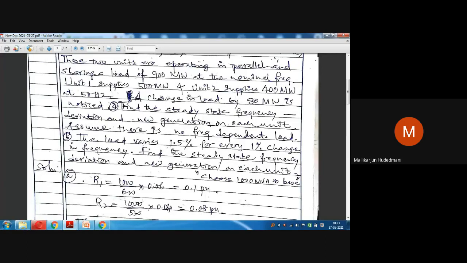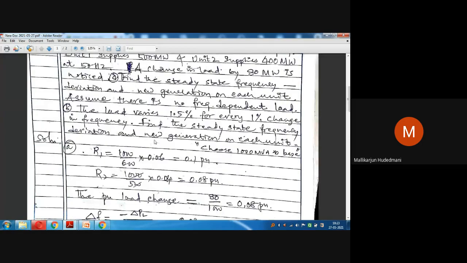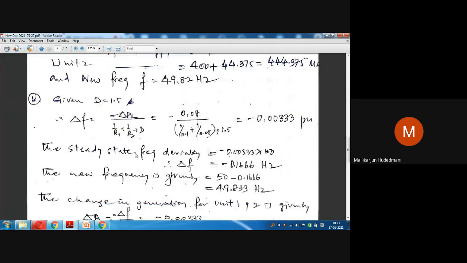Similarly, the second part is demanding the area's load reflection with D equal to 1.5. The same thing I have to repeat with D equal to 1.5. You can see here, when given D equal to 1.5, what is the deviation experienced? Deviation in frequency experienced is minus delta PL by 1 by R1 plus 1 by R2 plus D. Now you must be very careful. This D is given as 1.5, so directly I am using it. It is specific to an area. So it is 0.08, over 1 by 0.1 plus 1 by 0.08 plus 1.5. Directly it results in